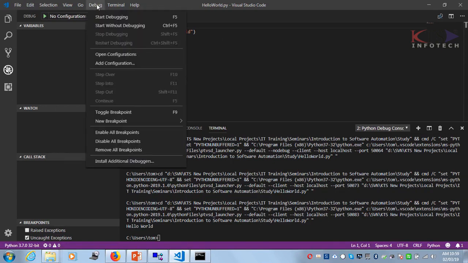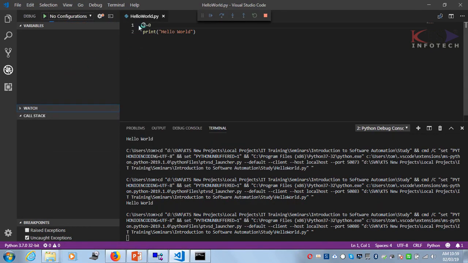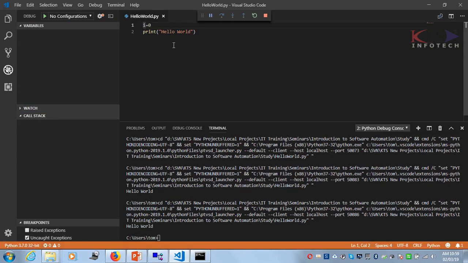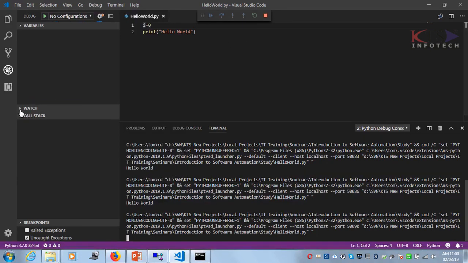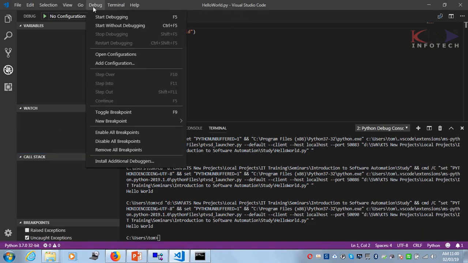Start debugging with F5, then just press F10. Start debugging again, then press F10. See the watch window, so it should come in the watch window. That's what I actually showed you. Anyway, I will go through it and I will get back to you. Okay, stop.